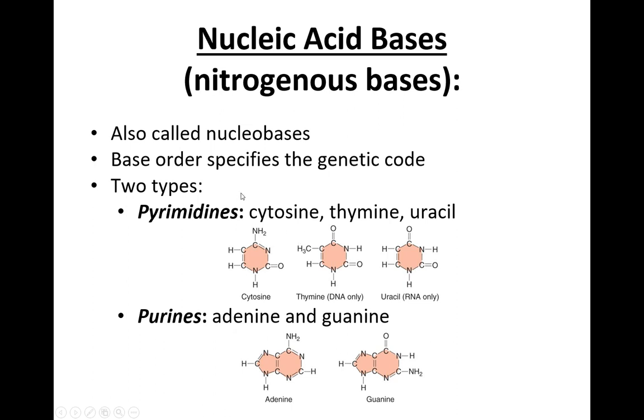All of these 5 nitrogenous bases, which can be called nitrogen-containing bases or nucleobases, there are different names used out there. These are the essential bases. They are involved, first of all, in the binding of the 2 strands of DNA to each other in the double helix, and they also specify the genetic code, so the information that is contained in a gene to form the